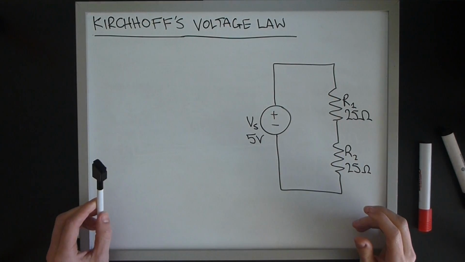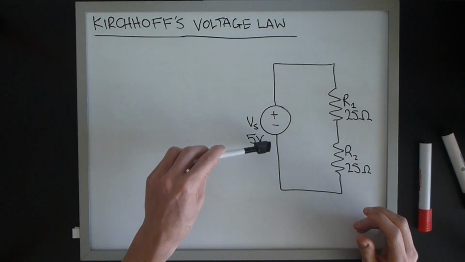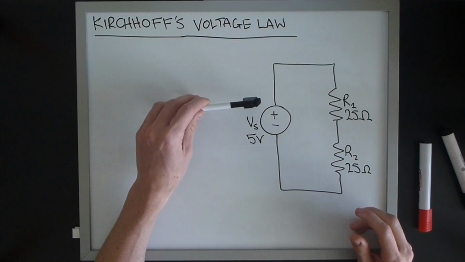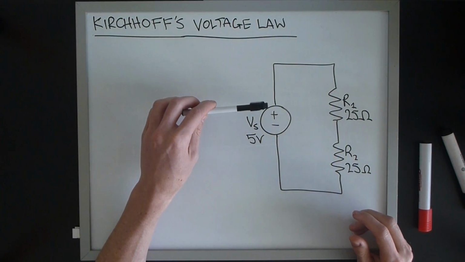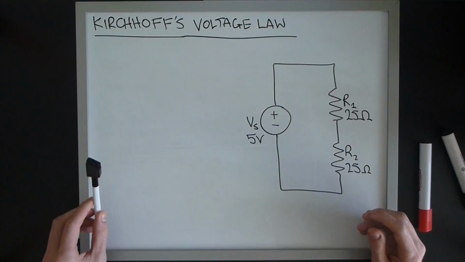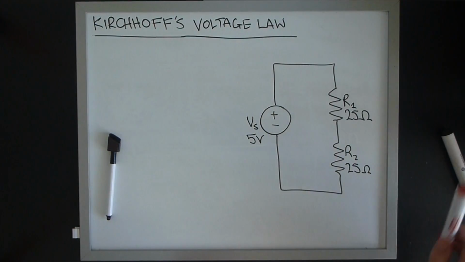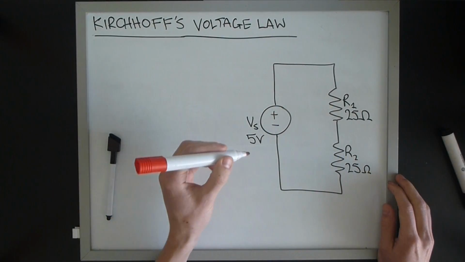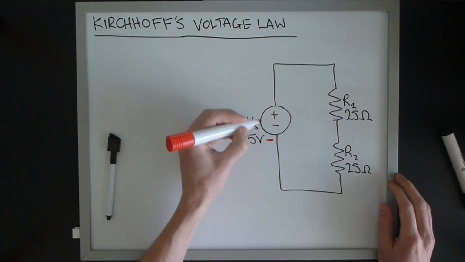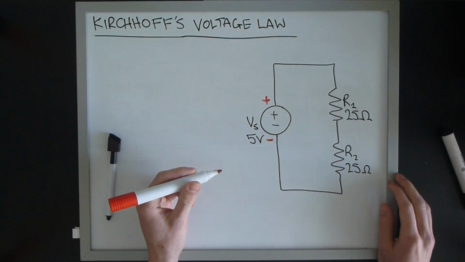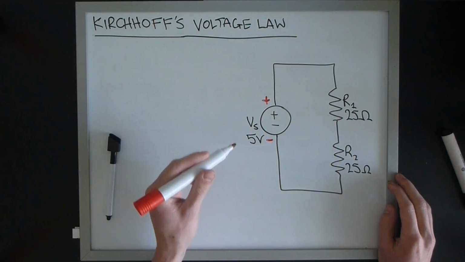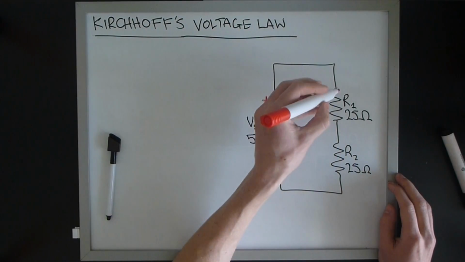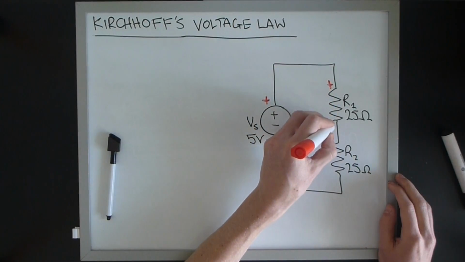Now, we define current as passing from negative to positive polarity in voltage sources, and from positive to negative polarity in voltage loads. So in this circuit, we'll draw on our polarities. We have Vs as a voltage source, so our current would be passing from negative to positive. We have our two resistors, R1 and R2, which are voltage loads, so we have passing from negative to positive